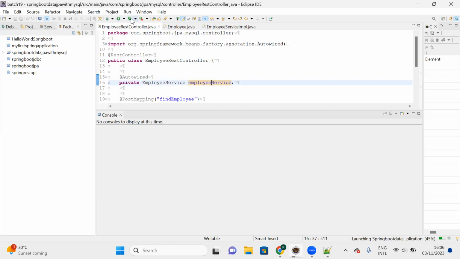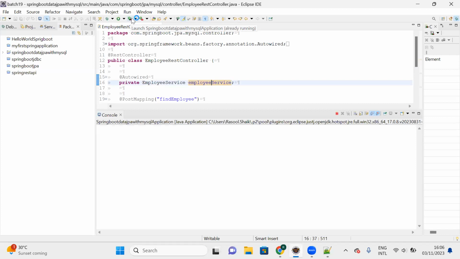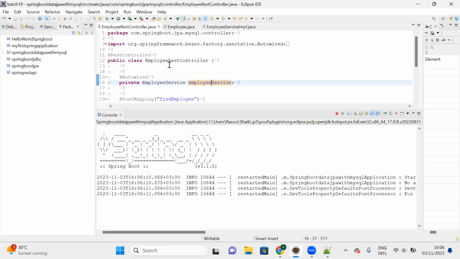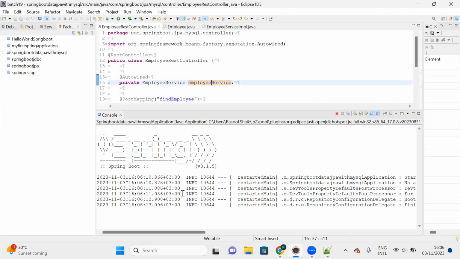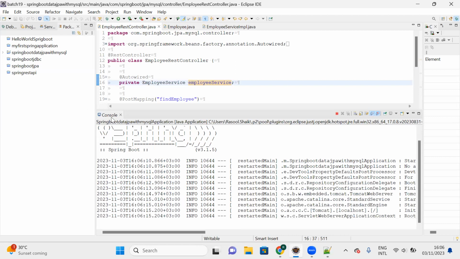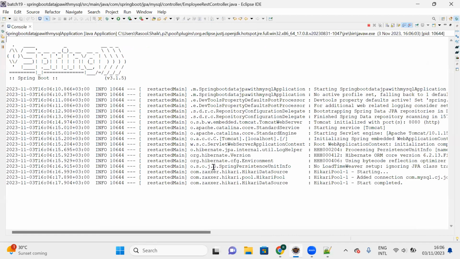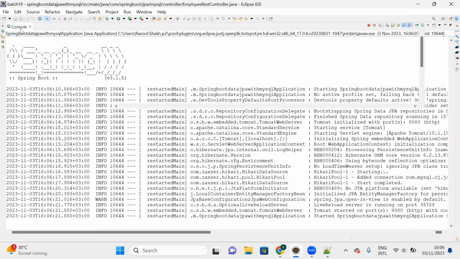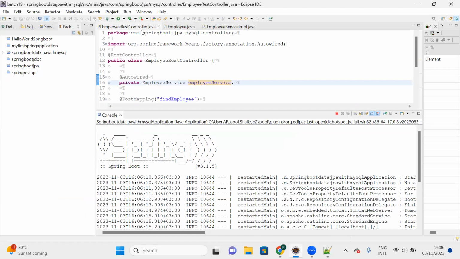On top of the Eclipse, you can see there is an icon, right? You can click on that, and your server will start successfully. So now, whenever you restart the server,